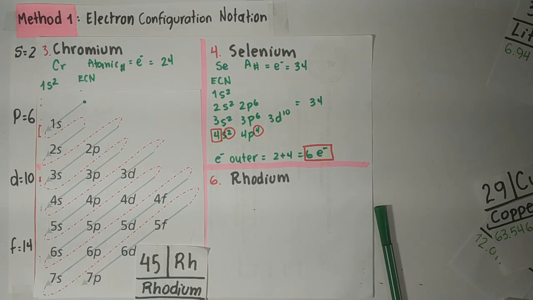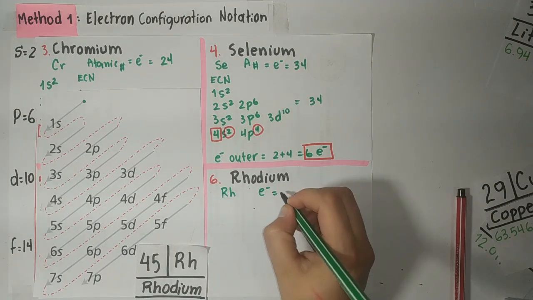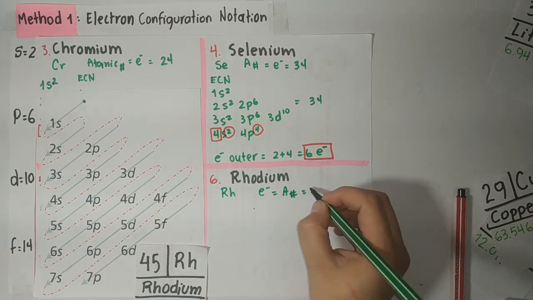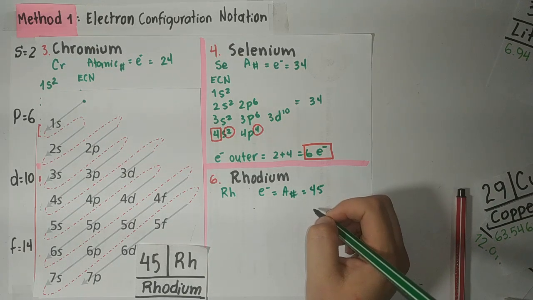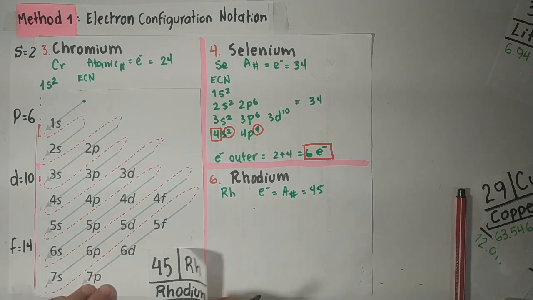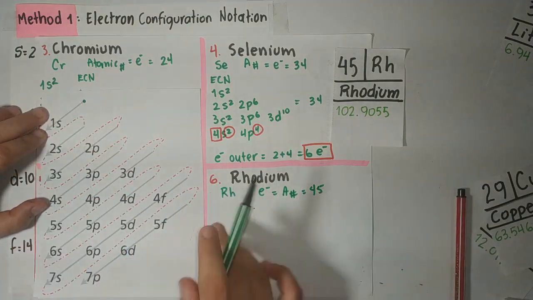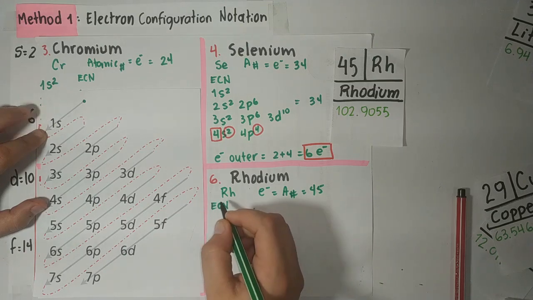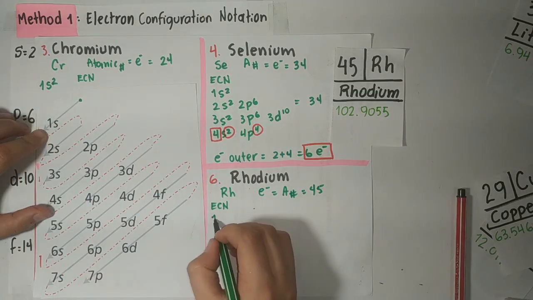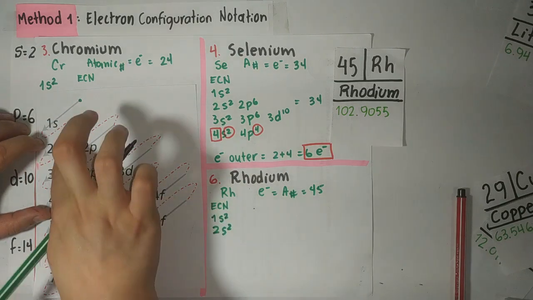Now let's do one last example, that is rhodium. Rhodium, the atomic symbol is Rh. And the number of electrons is equal to the atomic number, and that is equal to 45. That means that we need 45 electrons. Okay, we start right here, and we start by building the electron configuration notation. We always start here, so we say 1s2, we follow the path, 2s2, we follow the path,